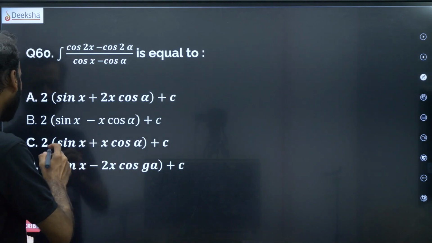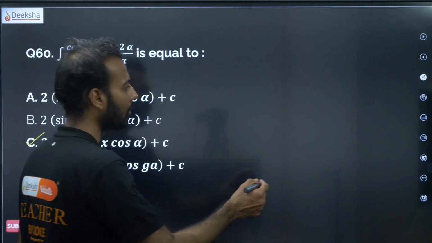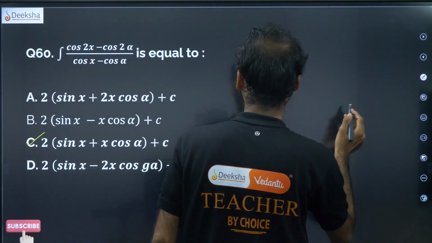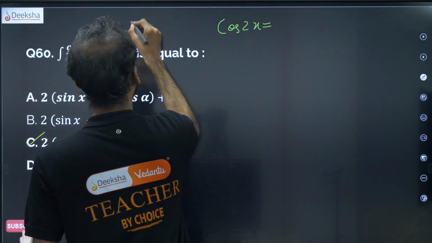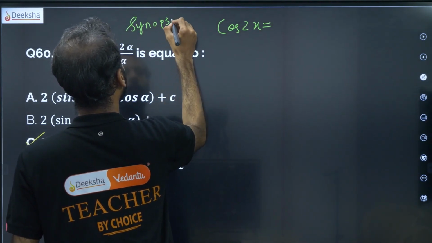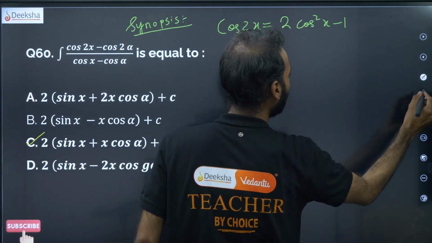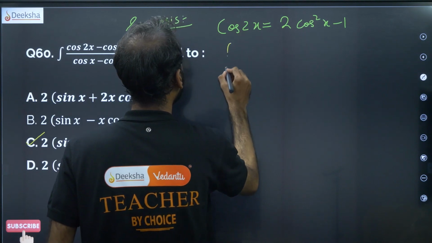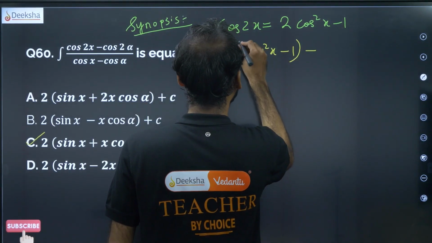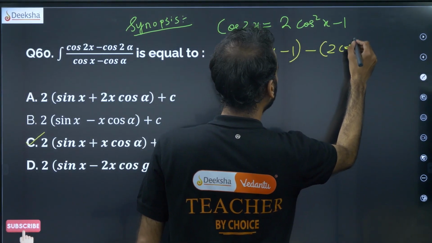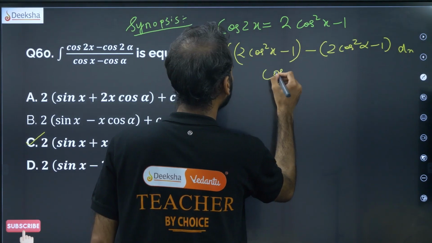So by seeing it itself you can make the answer: 2 sin x plus x cos alpha plus c. Or else if you don't know, we will discuss the solution also if you are unable to remember. Generally students will be able to remember the cos 2x formula. First let me write the synopsis. Cos 2 alpha is equal to 2 cos square alpha minus 1. So if I use this here, 2 cos square x minus 1 minus 2 cos square alpha minus 1, dx by cos x